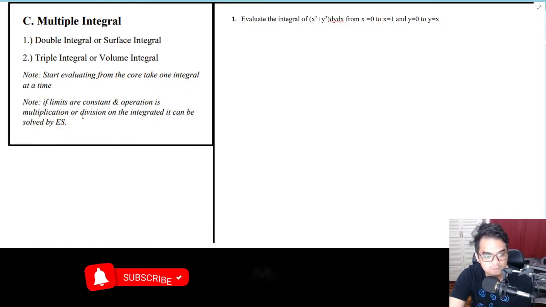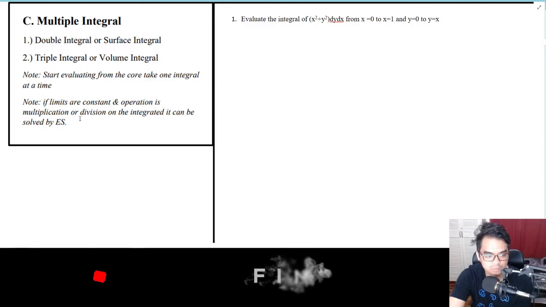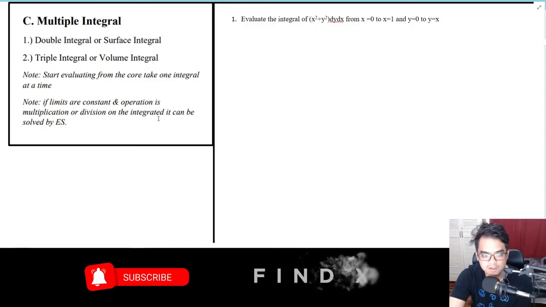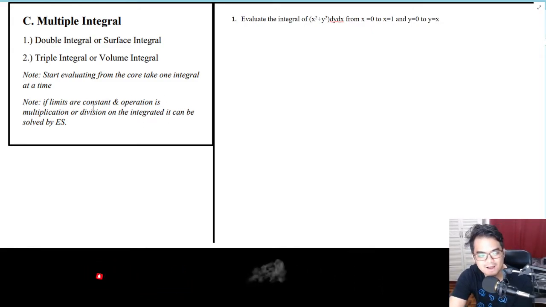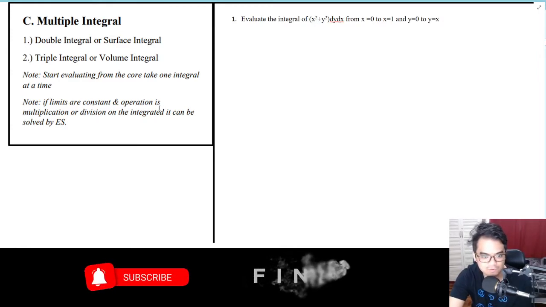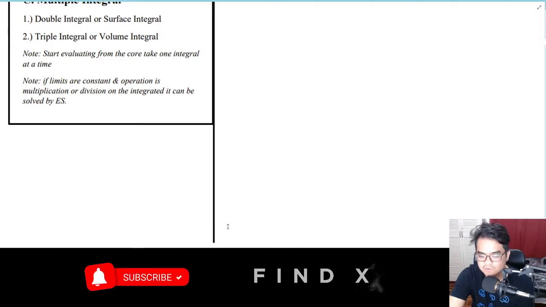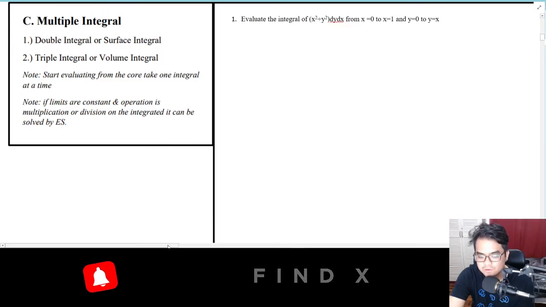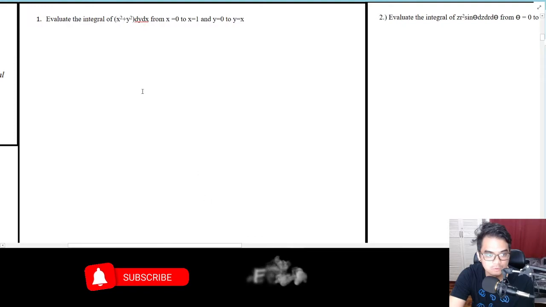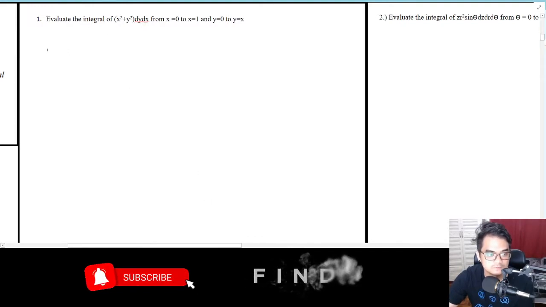And then note, if the limits are constant and the operation is multiplication or division on the integrand, it can be solved separately. Okay, so I'll give an example of that later on, so you can really appreciate this note. So let's try to solve this one. For number one, we have the integral of